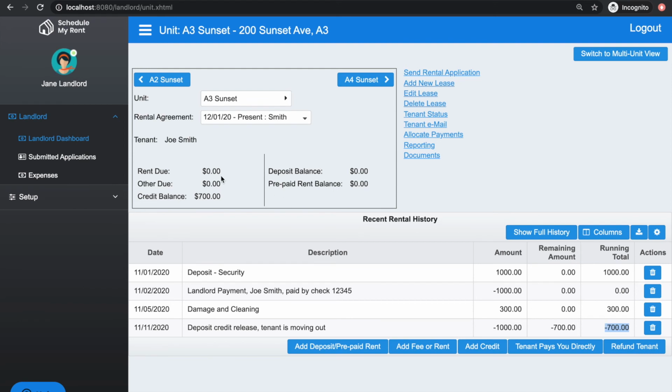You can also see it here in the summary that the tenant has a balance of $700 because they moved out and they had a $1,000 security deposit. So let's go ahead and refund the tenant. So as a landlord, I'm going to write a check to that tenant to pay them back out of the appropriate account. And to do the proper accounting here, I'm going to go ahead and click the button that says